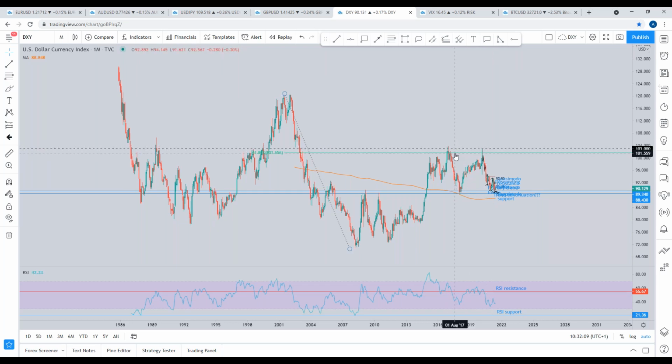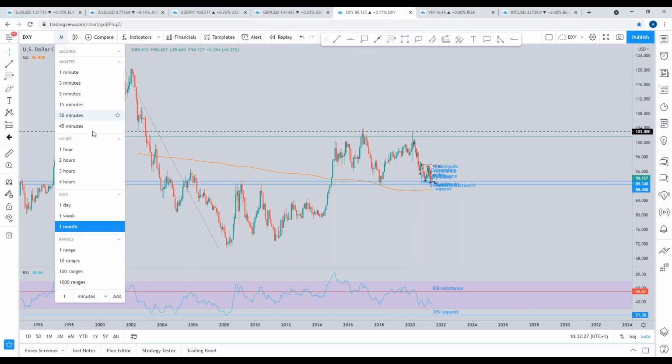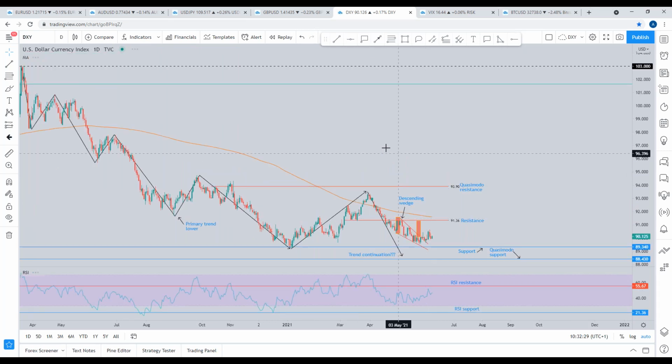Yes, I agree, but within textbook style, it should be within 5%, and I think the peaks are within 5% of each other. Now, if we break what I call the neckline, the trough between the two peaks at this point here, we could potentially be going much, much lower on the dollar, which, as I've already said, converges with the daily time frames